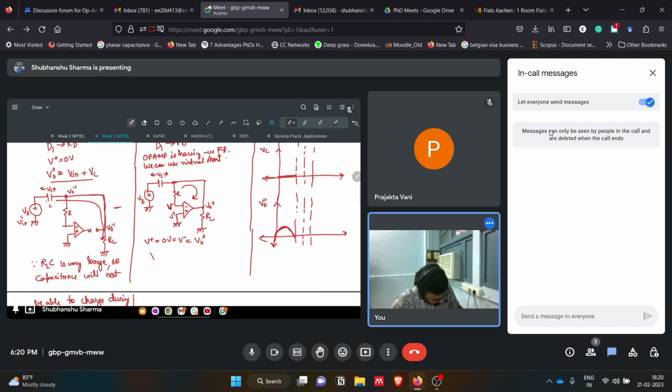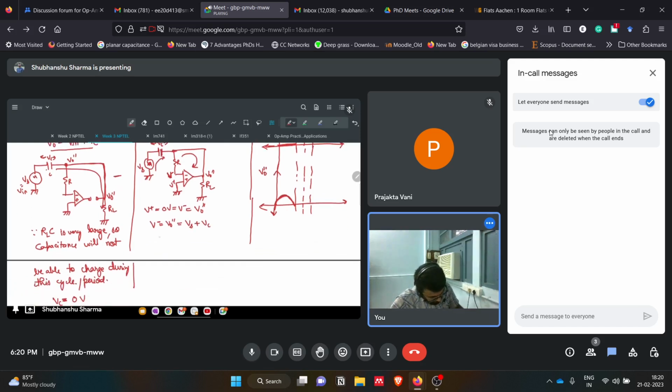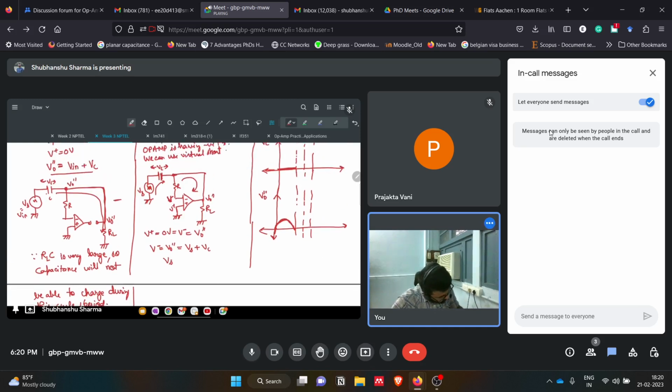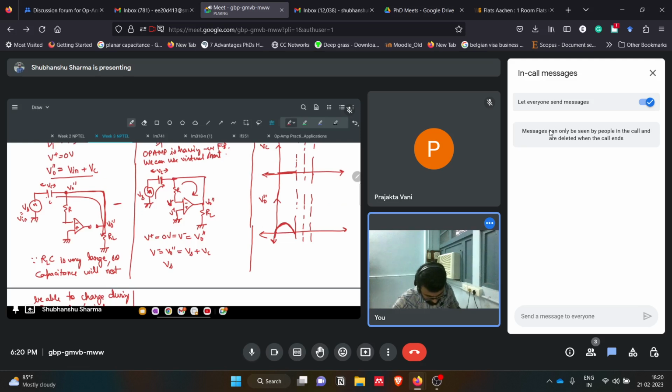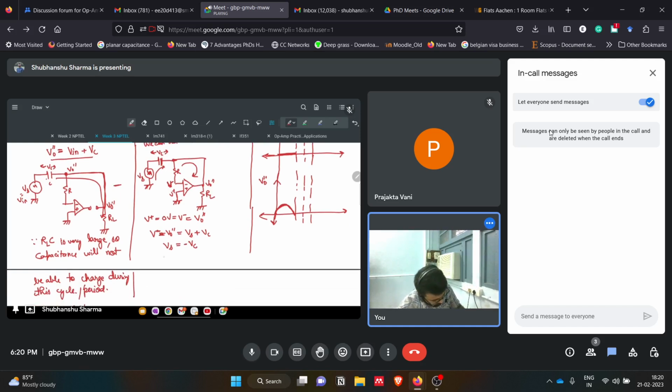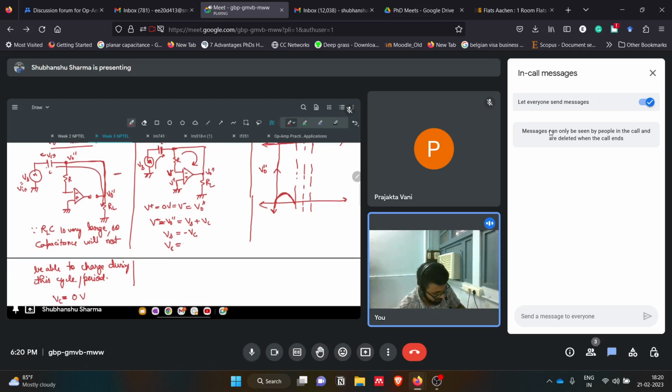So V minus, or we can say V naught double prime, will be equal to Vs plus Vc, this voltage, Vs plus Vc. Fine. And because this is V minus, and V minus is 0, Vs will become equal to minus of Vc. Fine. So Vc, the capacitive voltage, in this stage the capacitor will start charging and it will charge till minus Vm,